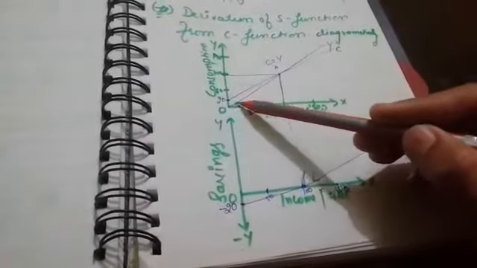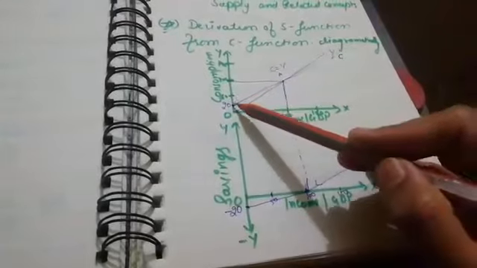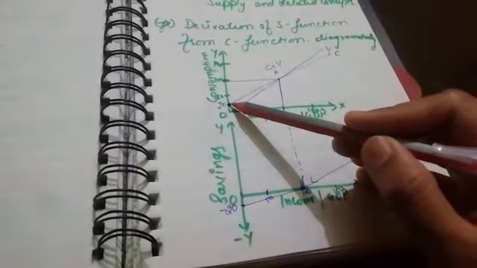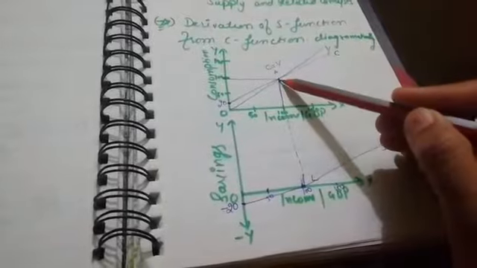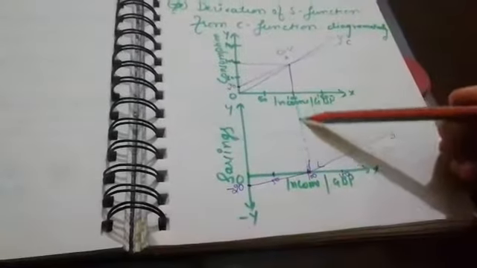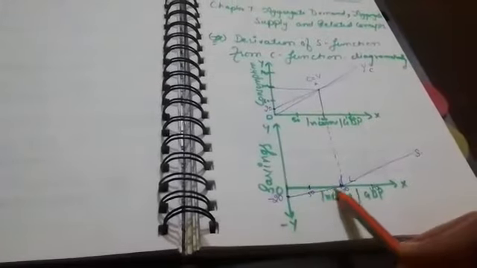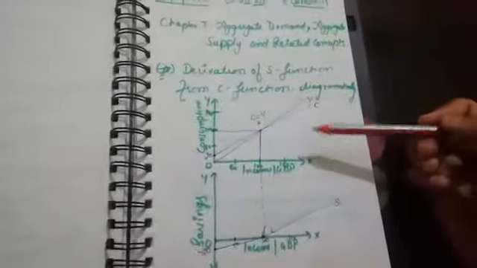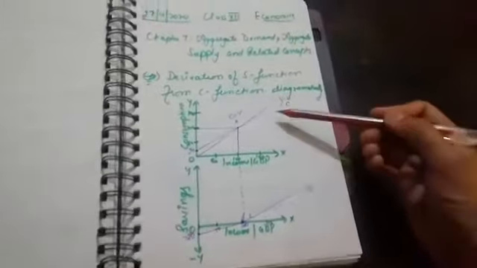See here again. Firstly, we draw a 45-degree income line, then a consumption function starting from any point on the y-axis. It will intersect the income line at a point A. From this point of intersection, we draw a hypothetical line which will make a perpendicular in the second figure on the OX axis. The perpendicular meets at point L. Now, at 0 level of income, if consumption is 20, then saving will start from minus 20. Now we have 2 points, this minus 20 and this perpendicular point L. We will join these 2 points and make a straight line known as the saving curve. This is the diagrammatic derivation of the saving curve from the consumption curve.